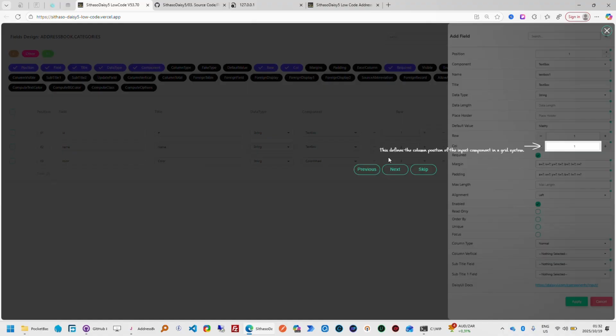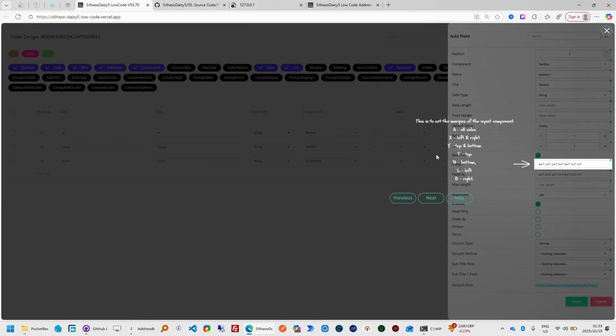Excuse me. This defines the column position of the input components. We have said that each row can have a space of about 12 columns inside it. So for example, if it must be on row 1, column 1, it basically means that it should span all the 12 spaces that are there. So when active, for example, the input component will be made compulsory. Like you can indicate that the information must be specified before the record is saved. So that is what that does. That's required. Next,